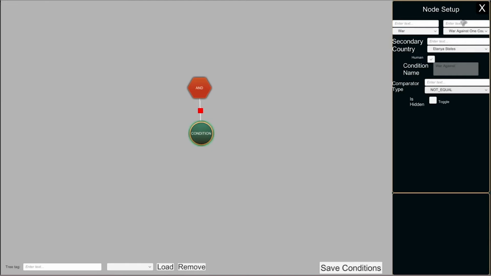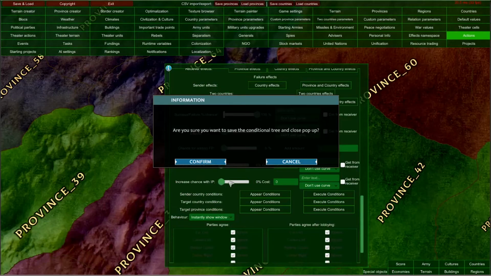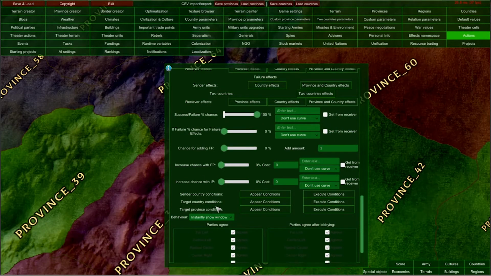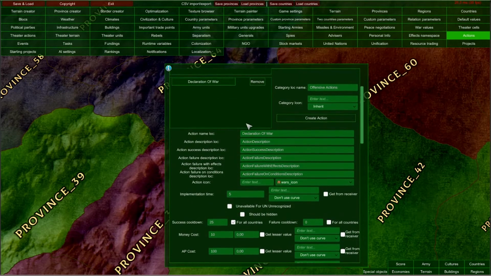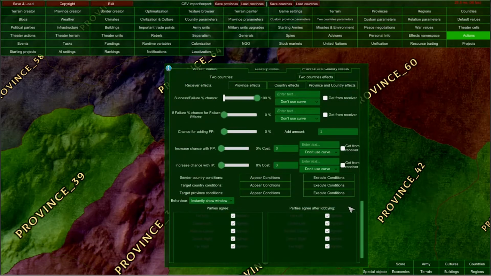And now this condition will check whether human country, so us, because only the player can implement diplomatic actions, is not at war with the target country. And if that condition is true, we can indeed implement declaration of war action against the target country.